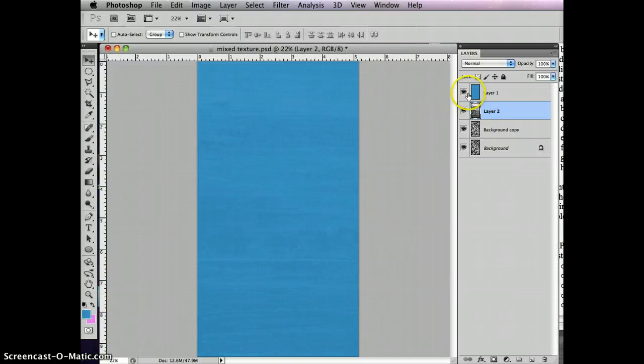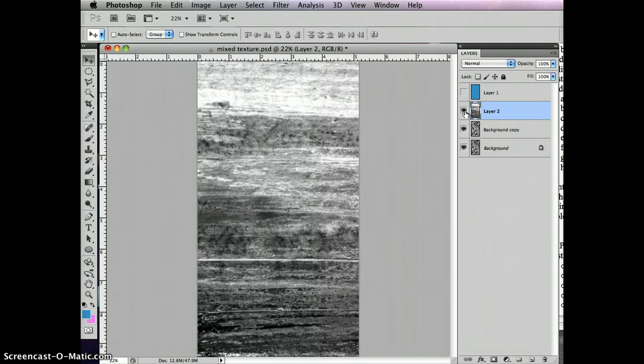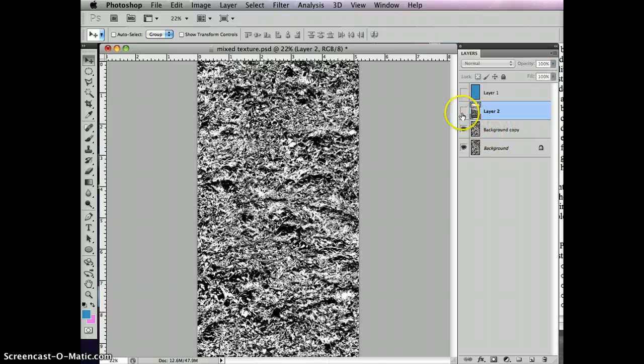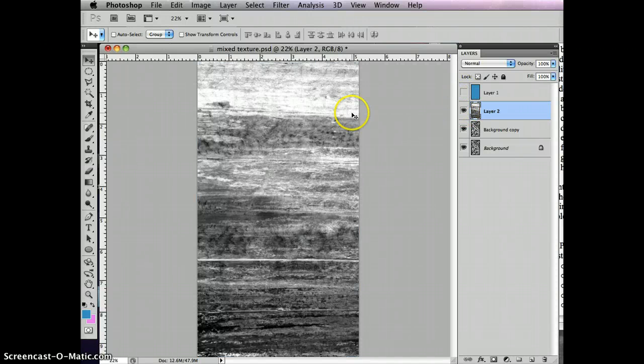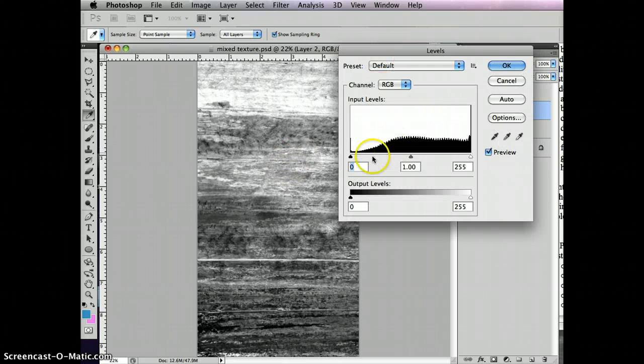Alright, in the last video we brought in another layer of texture. So now we have this patina and then we have the tinfoil. So now we can experiment with all the things that we've talked about in the previous videos and even a couple more things. So first of all, I'm going to bump up the contrast in this,